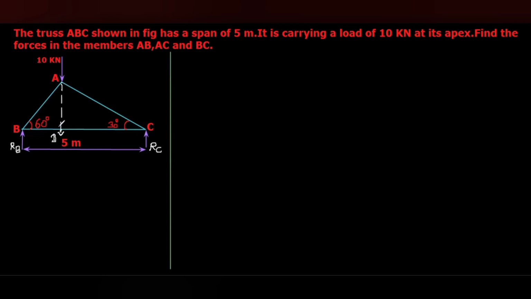Okay, so here there are two right angle triangles we can consider. That is ABD, that one is the right angle triangle. ACD, that is another right angle triangle, or we can say ADB, ADC. So the right angle triangle ADB,